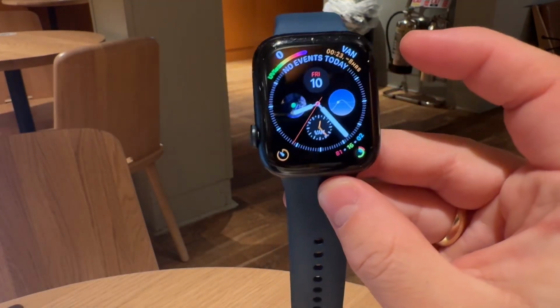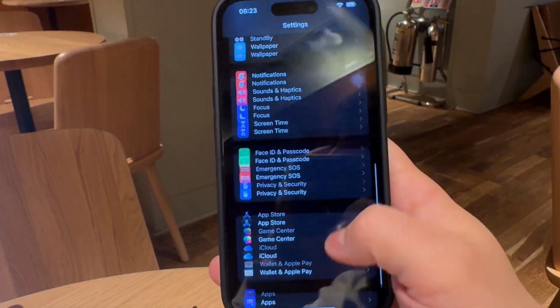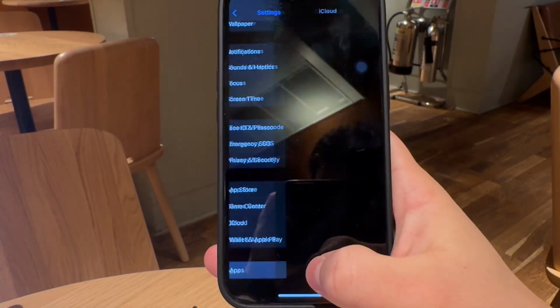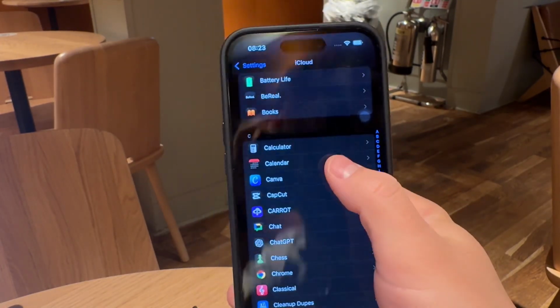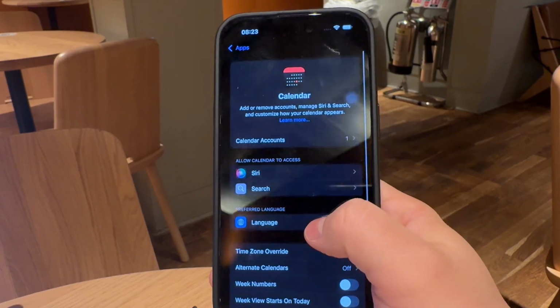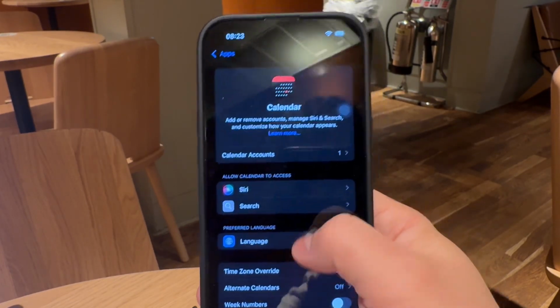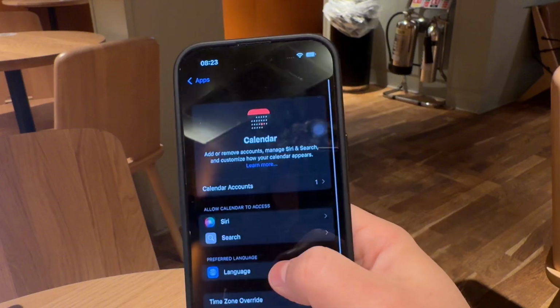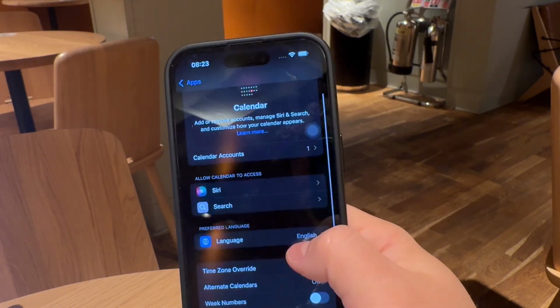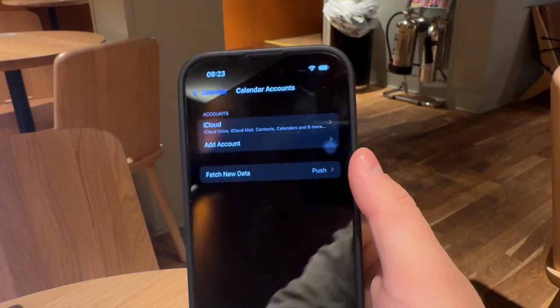So open the settings, go to the apps section, find calendar. Then tap on the accounts and make sure you add your calendar account. It can be Google and even other providers too. So it's pretty versatile. One more thing, in the Watch app on your iPhone, when you get inside the calendar